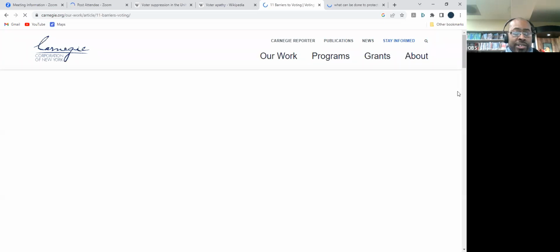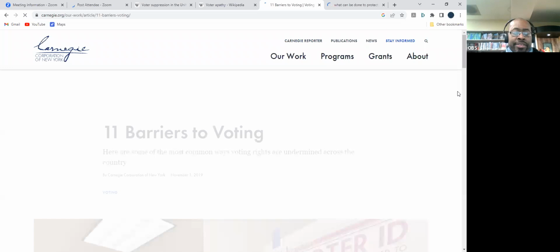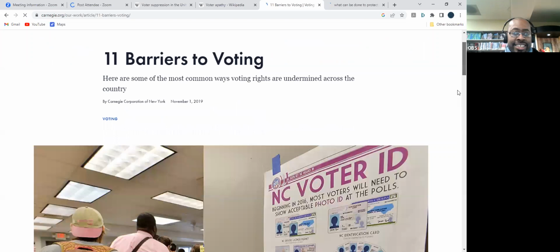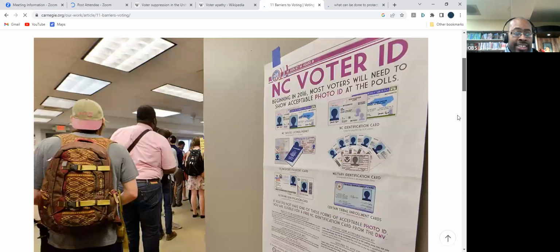I hope that this series will present some kind of voting education to people in a way that people will be able to understand. So let's look at some of the barriers to vote. Now keep in mind, we're only talking about the United States, all right? Let's look at some of the ways that